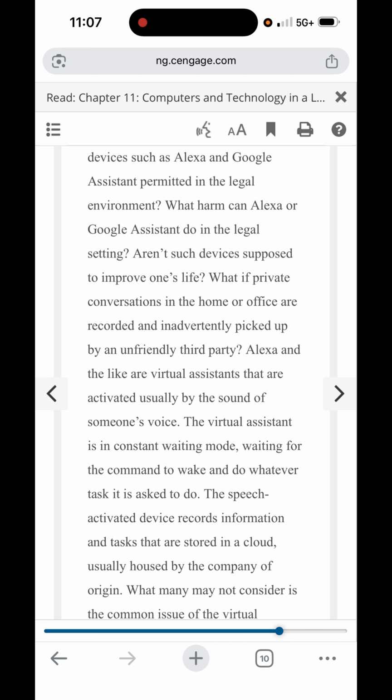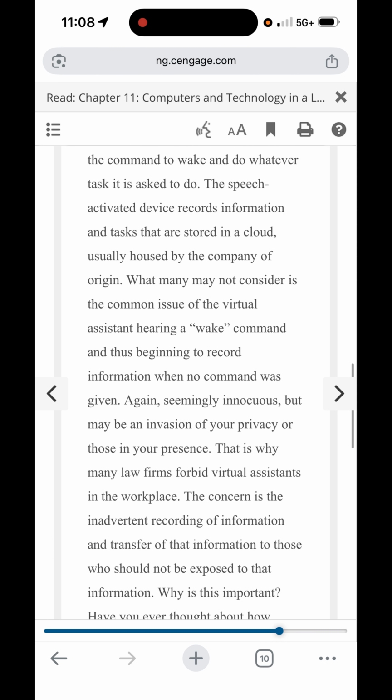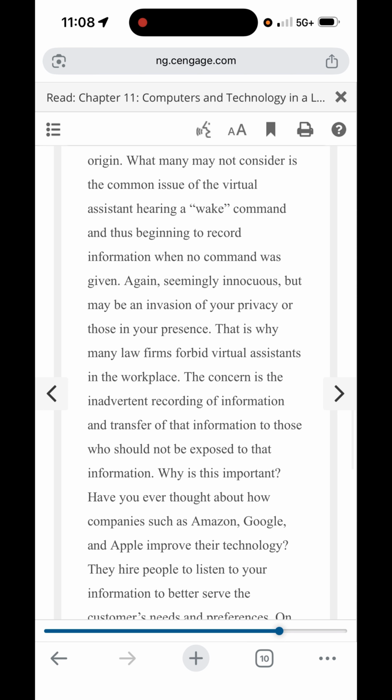Alexa and the like are virtual assistants that are activated usually by the sound of someone's voice. The virtual assistant is in constant waiting mode, waiting for the command to wake and do whatever task it is asked to do. The speech-activated device records information and tasks that are stored in a cloud, usually housed by the company of origin. What many may not consider is the common